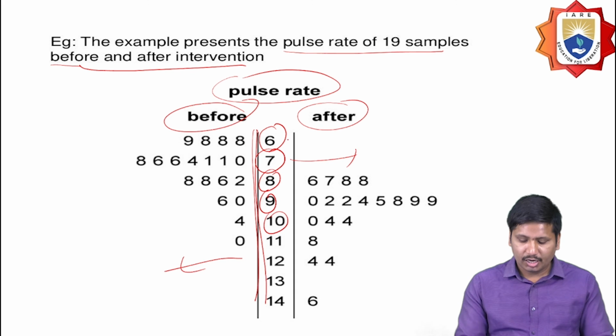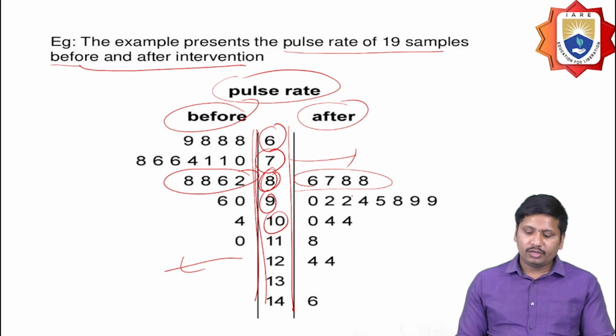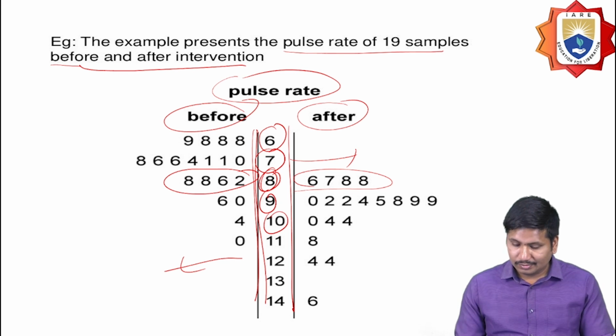This is the baseline I fixed. So before it is 986, 988, like this. Once for age, what will happen? Before it is 8862, but after it becomes 6788. So I can find the pulse rate of 19 samples will be like this,